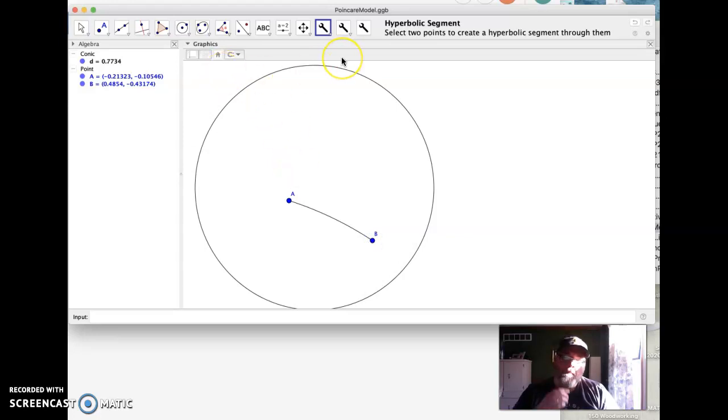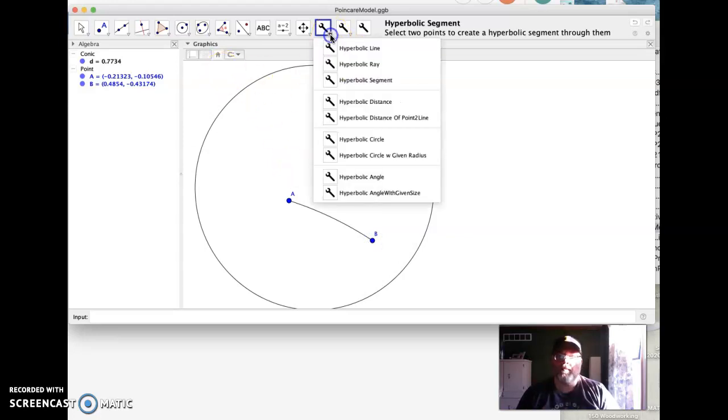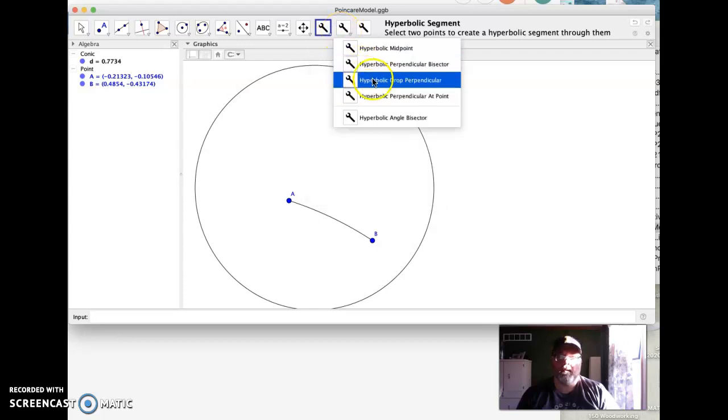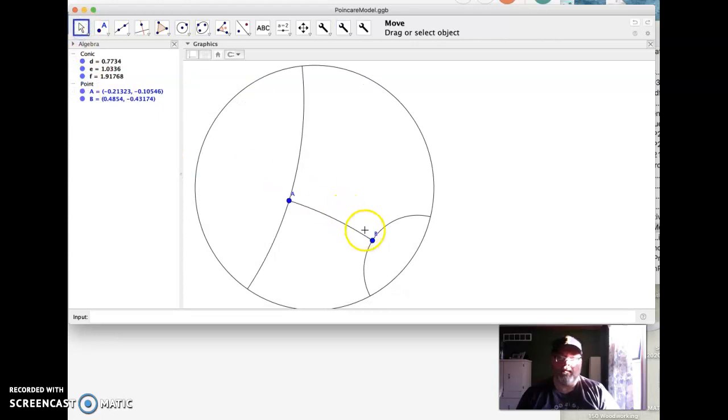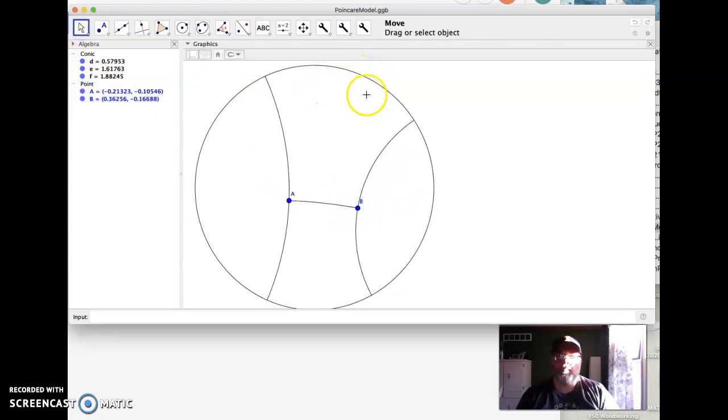Doesn't matter. Then I'm going to do, where is it? Perpendicular to point. We'll start with this point. There's my perpendicular. Start with this point. There's my perpendicular. Maybe we'll move that in a little. Add a nice little tree. Who knows? Some happy birds. Anyway,